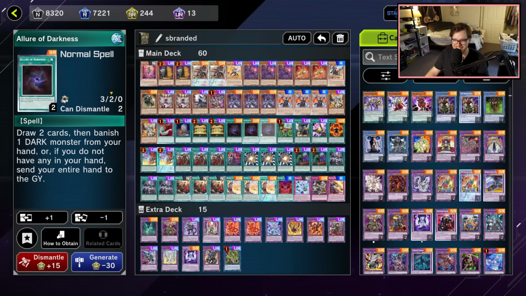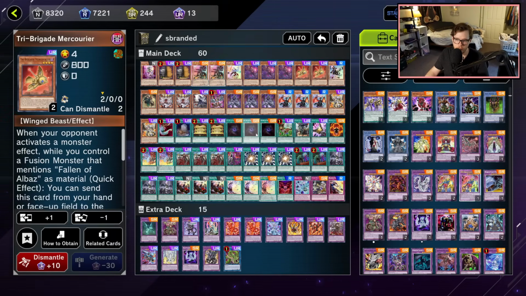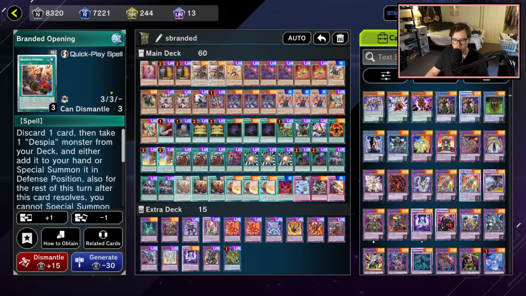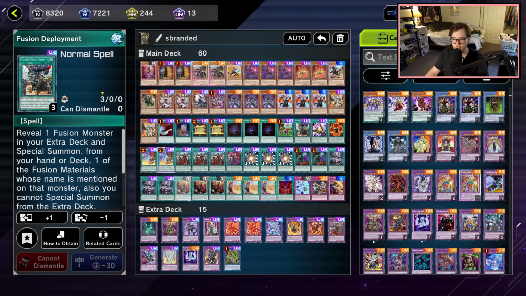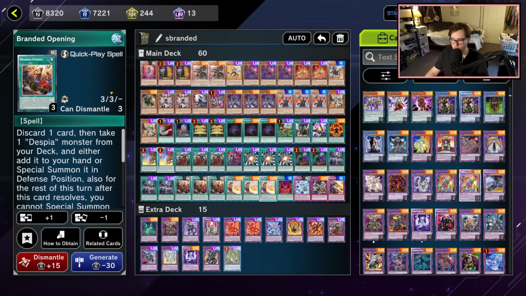And then also consistency going first, because you're still running the 60 card build. So I think you need the consistency. That's why we're going to talk about some of these choices, because I originally wasn't running 3 Branded Opening and 1 Deployment, because I want this build to channel more into Verte Anaconda. I want to do the least amount of locking myself into Fusion Summoning as possible before I resolve Branded Fusion,